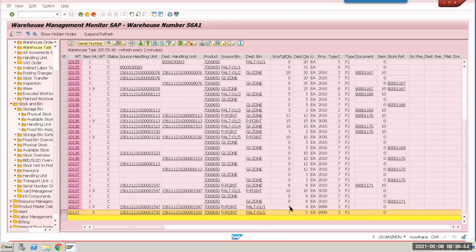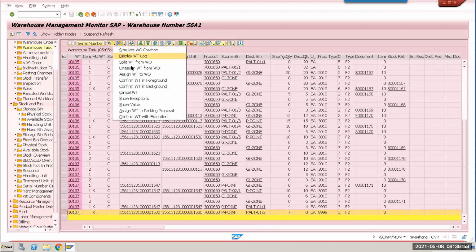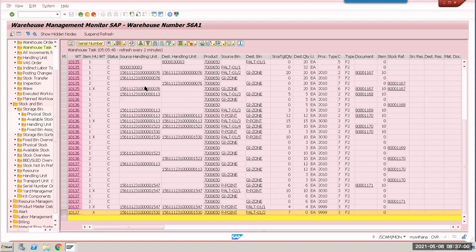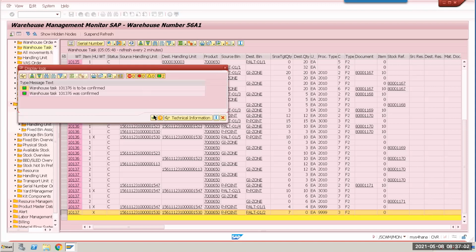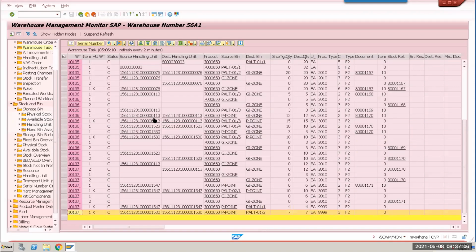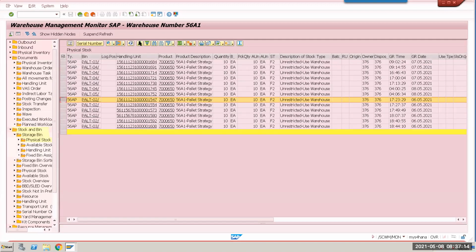Please remember that 4 quantity is a full pallet now, and 7 is also a full pallet. Even though it is not 10 quantity, whatever you kept on the pallet becomes a full pallet in the high rack or pallet storage. It is in the LOS. Right, okay, now I'll go to monitor and refresh. Now 7 and 4 are also part of it.